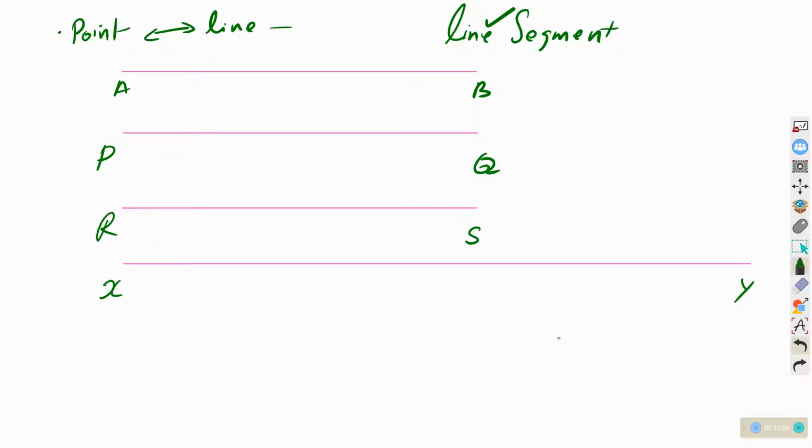Now the question is, are they congruent line segments? Line segment AB, we will write it this way. Is this congruent with line segment PQ? Is this congruent with line segment RS? Is it congruent with line segment XY? No, it cannot be. So put it here. How to know whether they are congruent with each other? For that you should have some